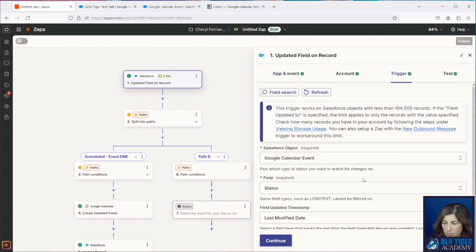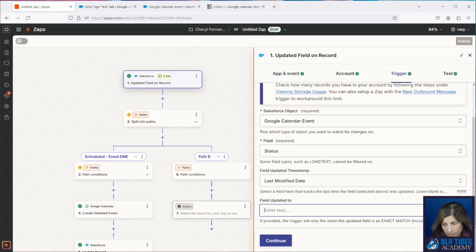In our trigger, we're only looking for scheduled. Now we need to let this fire every time the status field is updated, because this is just looking for a specific value, and we can't do scheduled, canceled. That doesn't work. Zapier does have a feature that allows you to get into sub-zaps. That got really frustrating for me. I do have a solution in option 2 that we're going to show you in this video, going to enable you to solve every single scenario under the sun.